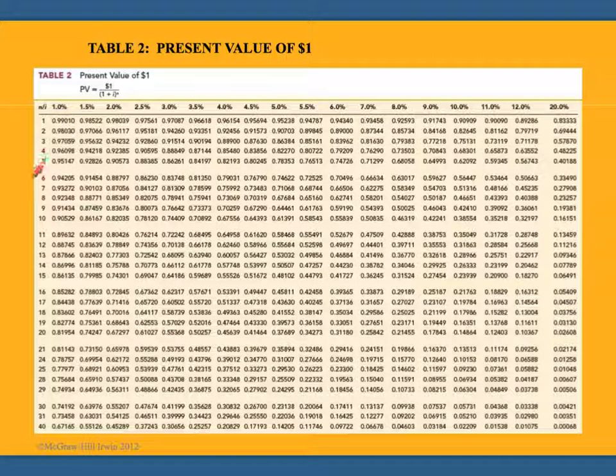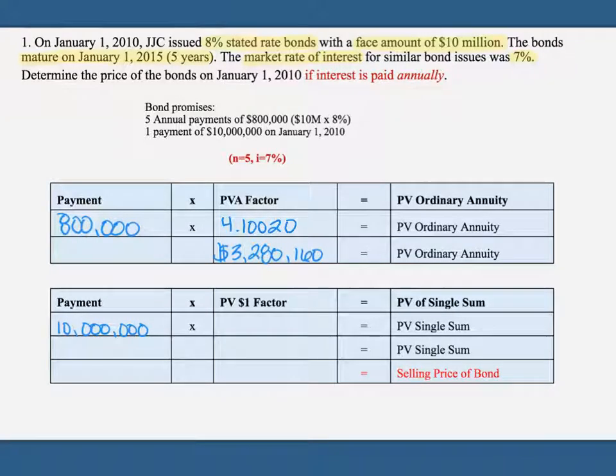When n equals 5, i equals 7, we come down here all the way to 7%, and we find our present value of $1 factor is 0.71299. Let's fill in our factor, 0.71299. And then we multiply that by the 10 million, and we find the present value of that payment, which is going to be